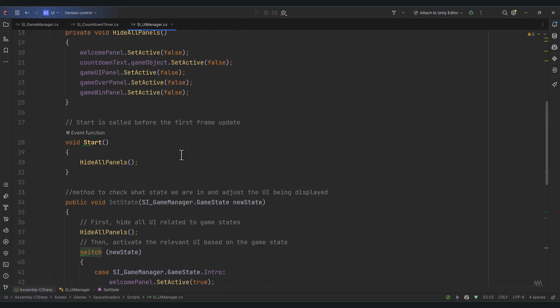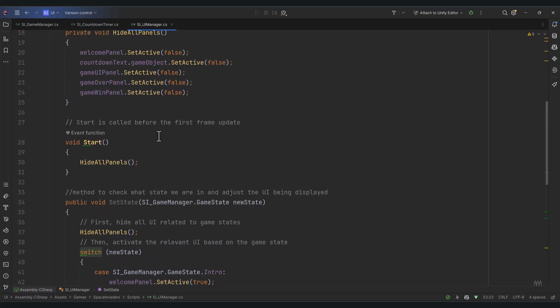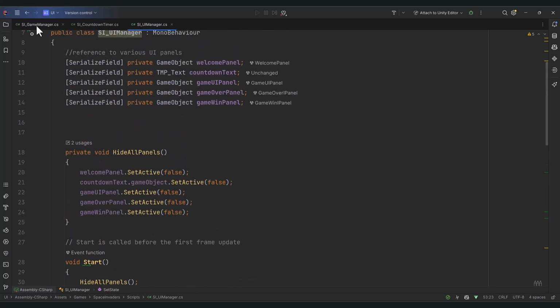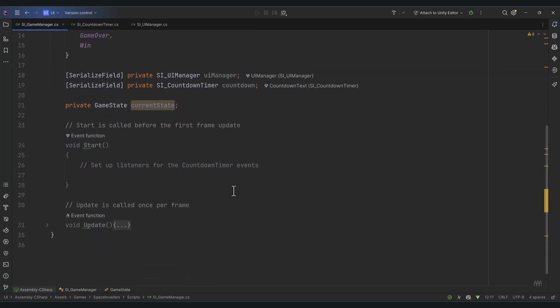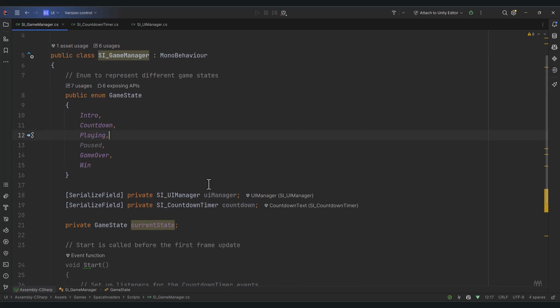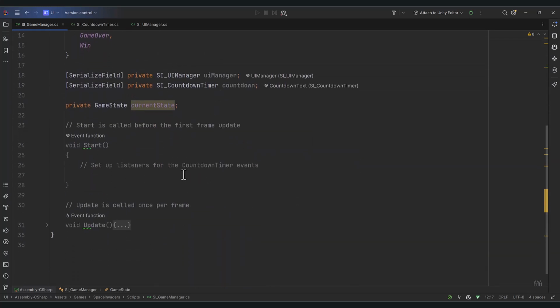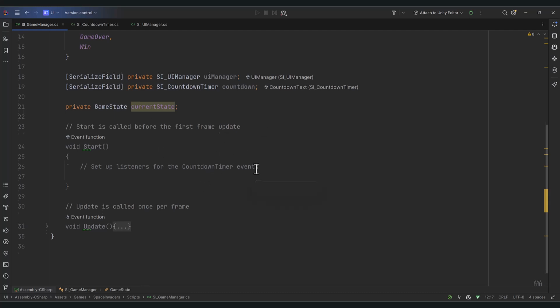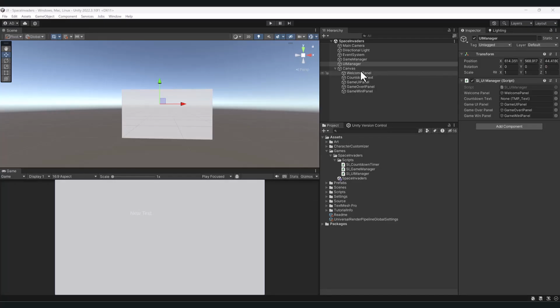So let's go back to Unity and actually, we have to call set state somewhere. So this is really it for the UI manager. You know what? Let's jump in our game manager really quick and script up some setting states. All right, we'll finish the game manager in the next video, but I just want to show you quickly one thing on how we can set the current state inside our UI manager to the intro screen. So just so that we know what panel we're on,